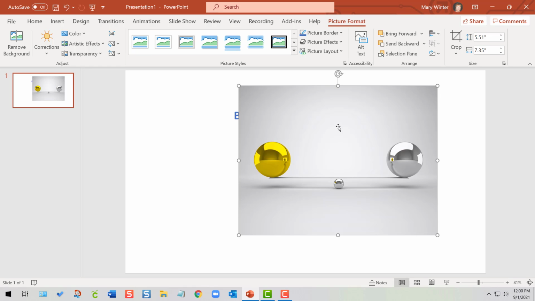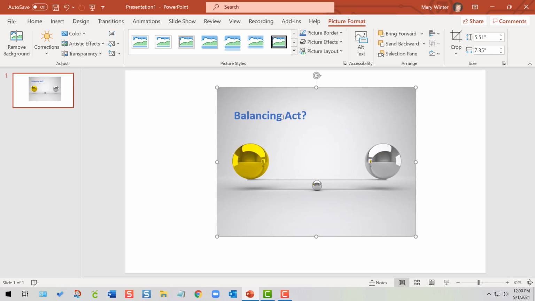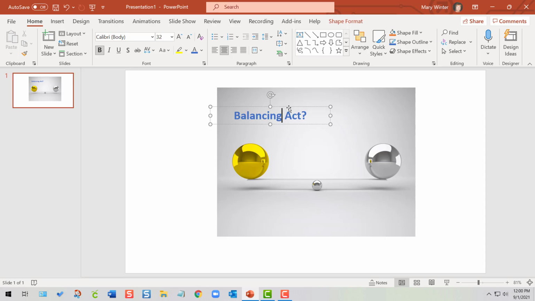So here's the image. I'm going to go up here. I've selected it. I can see the handles. Up here to picture format, find the arrange menu, and I can bring it forward or send it backward. And you know, you can keep on tapping it if you have several things on until you get it to go exactly where you want it to be. So now my image is behind my text box, and if I select my text box,